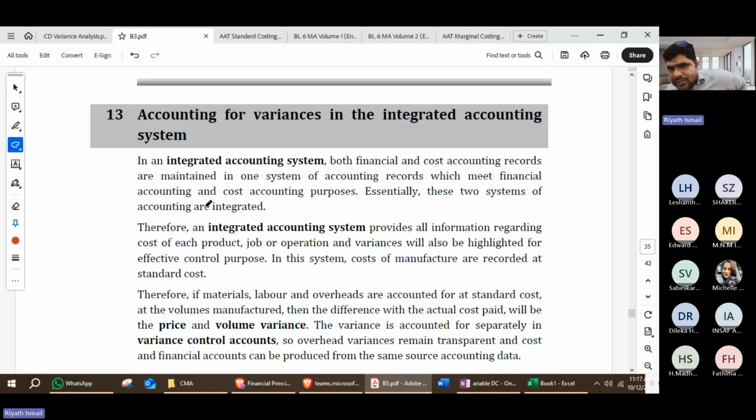Accounting for variances in integrated accounting. What do you mean by the system called integrated accounting system? What does it mean? Integrated, meaning what? Combining two or more parts. Combining two or more systems into one system is called integrated. So integrated accounting system. Here we talk about earlier